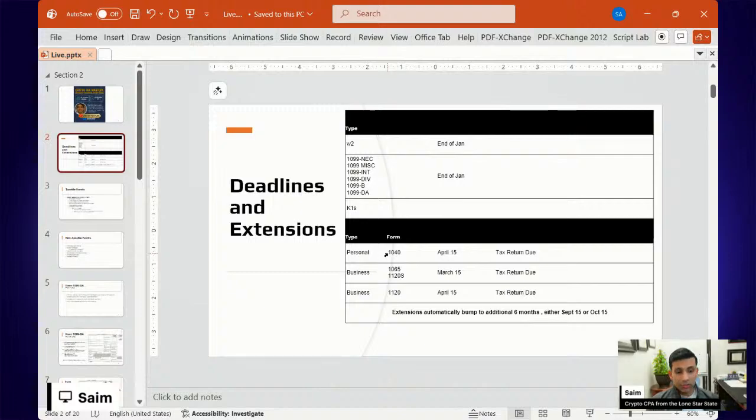Okay. So make sure that you're filing for an extension if you don't have all your crypto data ready or your other tax documents, because you don't want to be delayed. And especially when you're owing taxes, they're going to assess interest and penalties. It all depends on how much is owed. So make sure you're applying for that extension.